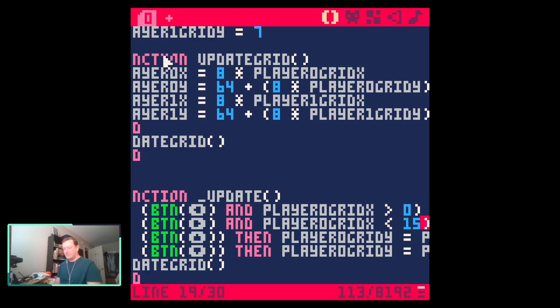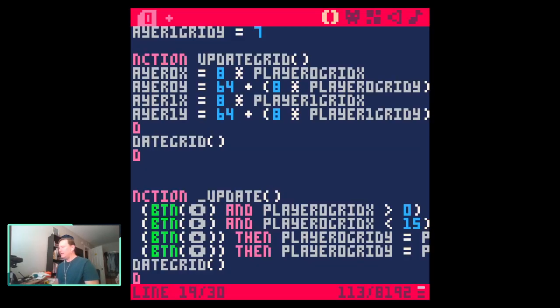Yeah, okay. Run. Now we should get to the right side of the screen, left side of the screen. Boom. Okay, got it. That problem solved. All right, we just need to put an upper limit on here. Okay, same thing here. And player 0 grid y